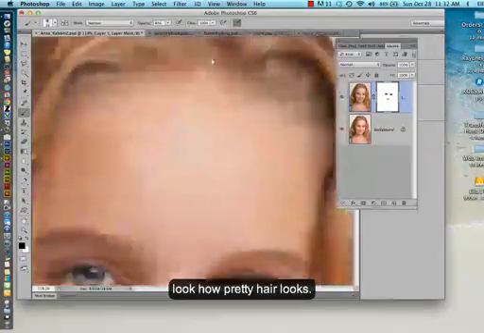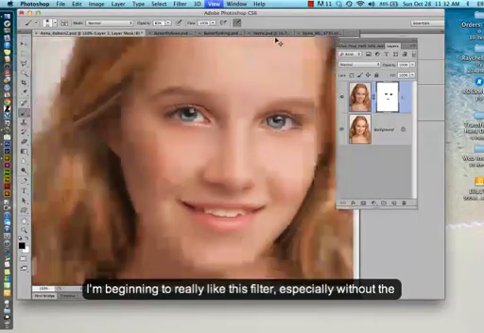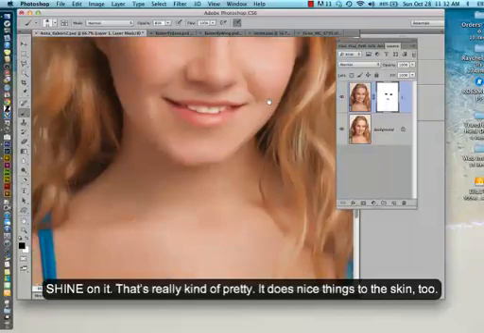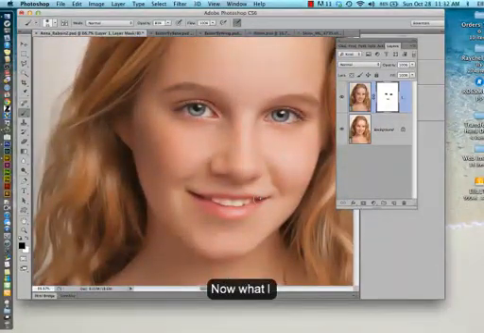Everything else, I think, is a benefit, having gone through that oil paint filter. Look how pretty that hair looks. I'm beginning to really like this filter, especially without the shine on it. That's really kind of pretty. Does nice things to the skin too. Okay,